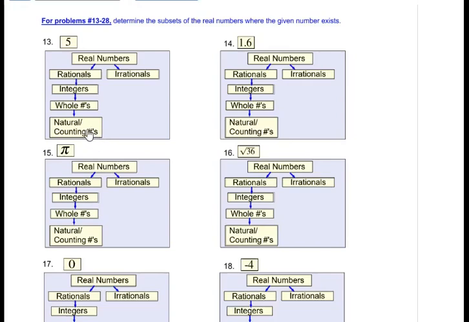So we click counting, whole, integers, rationals, and real numbers. A number cannot be rational and irrational at the same time. So this is the answer to number 13. Let's look at number 14, where we are classifying